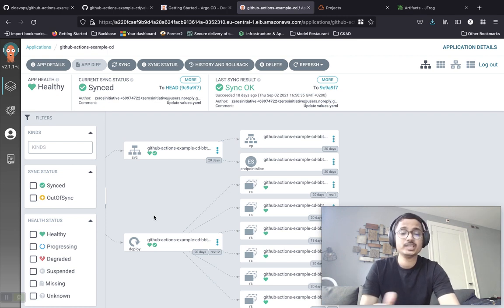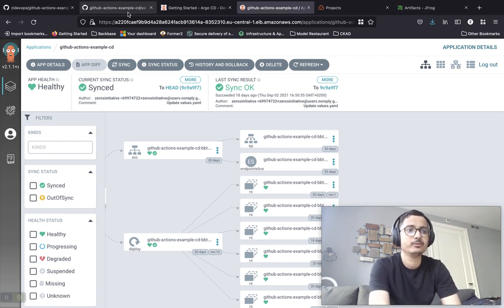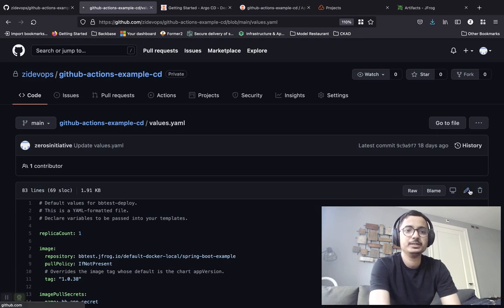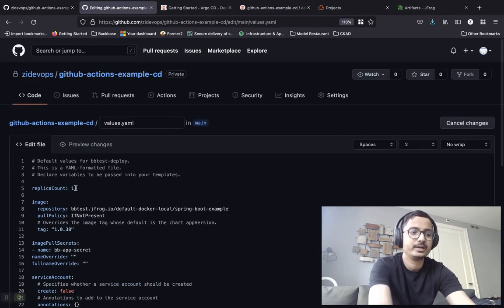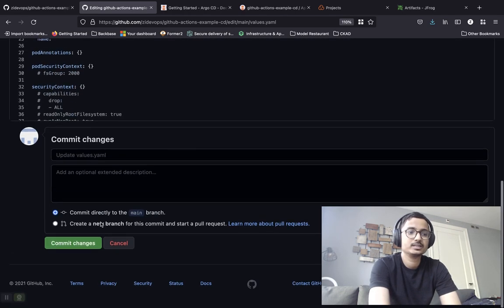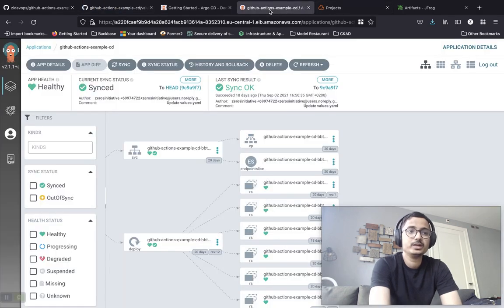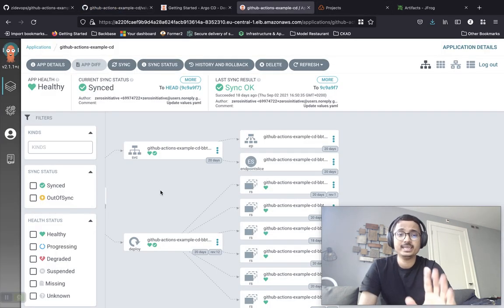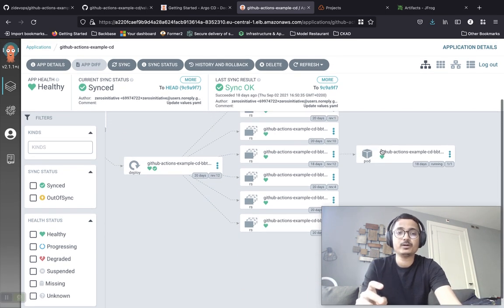So as and when I change the latest version of my application image, or if I manipulate any of my aspects. So let's say, for example, I'm going to do a small demo over here. I'm going to update my values.yaml file, and I'm going to say I need a replica of 2 within the cluster. I'm going to scroll down on this page. I'm going to commit this directly to my main branch. So now Argo CD is going to be intelligent enough to go ahead and in a moment pick up this change and deploy 2 pods for me, because right now I have only 1 pod that is running.